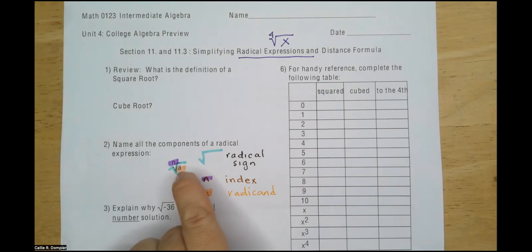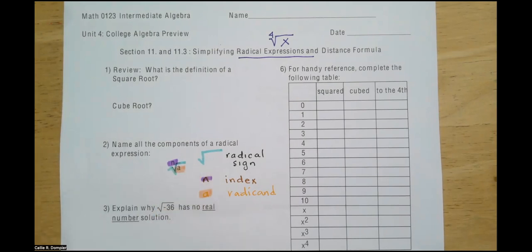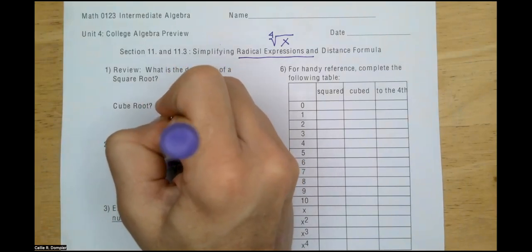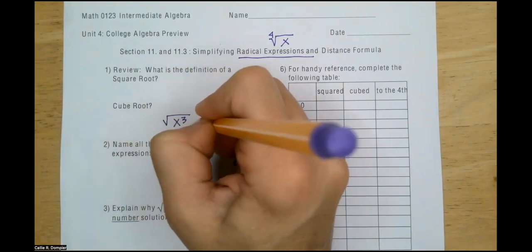2 times, right? You multiply it 2 times. It times it, that's 2 times. You multiply a term twice to get the number under the radical sign. Good. Cube root means you multiply a term 3 times to get the number under the radical sign. Good. So a cube root is that